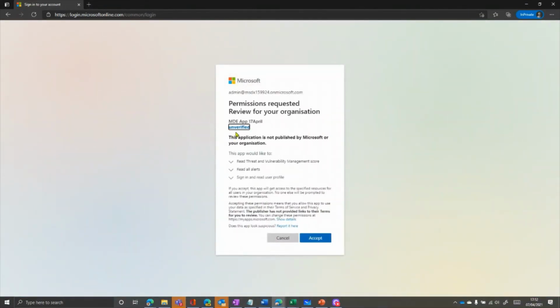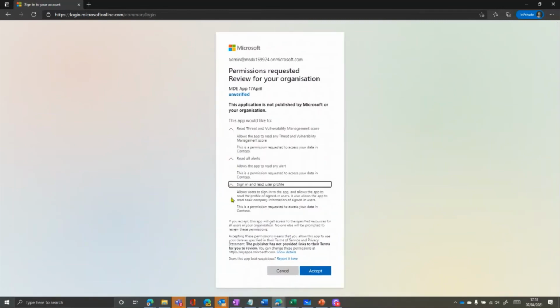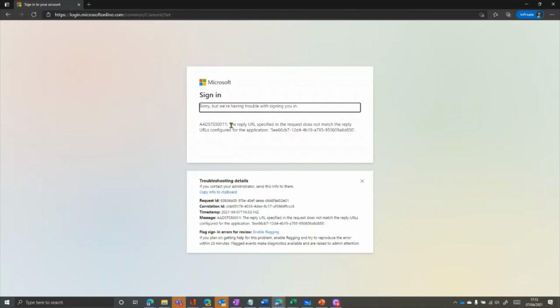So we're an unverified publisher, so if you were an ISV and you were a verified Microsoft app publisher, then you could actually be verified here. So it just adds that level of trust, but this is just a lab environment. So you can see here, this is going to give us these permissions, and so the customer can expand these. So we accept, and reply URLs. Okay, I thought I'd set it as a reply URL, but